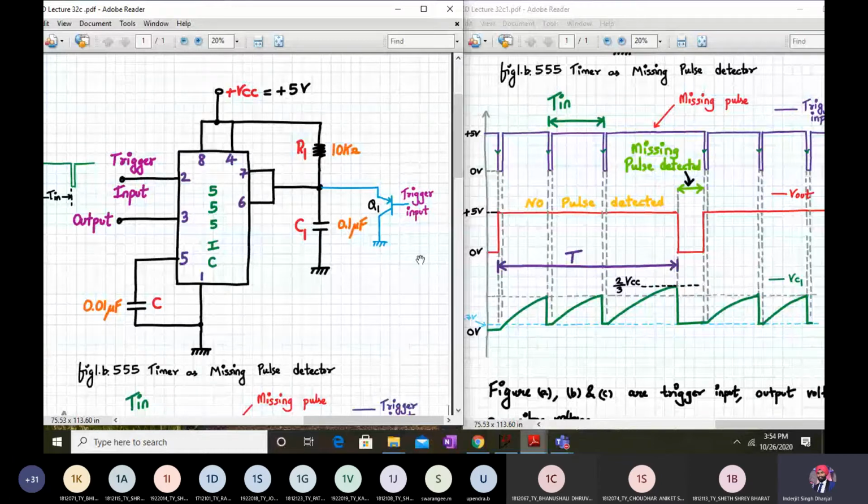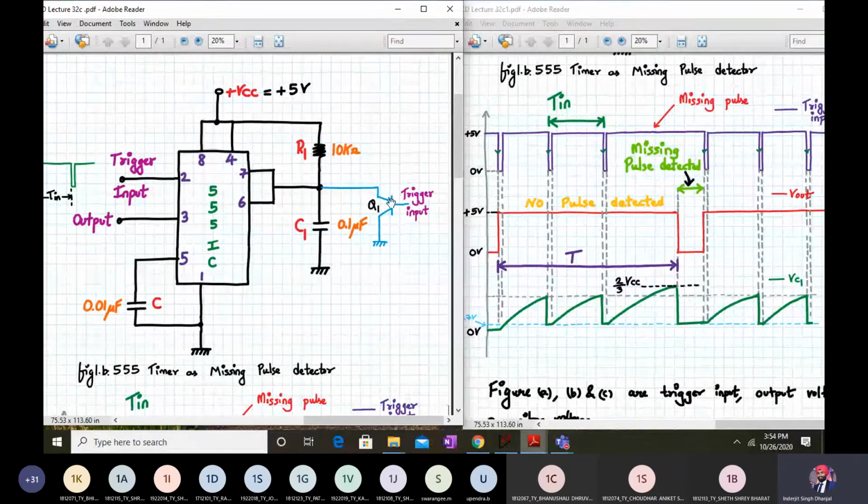And you remember it's a PNP transistor. For a PNP transistor, if you apply a high, that means 5 volts, it will be off. It's reverse, right? For NPN, if we apply a positive base to emitter voltage, it will turn on. But for a PNP transistor, the base emitter junction should be forward biased, so the base terminal should be at a lower potential, then it will turn on. So if the trigger is at 5 volts, the transistor is off, and if the trigger is low, meaning 0, the PNP transistor will start operating.